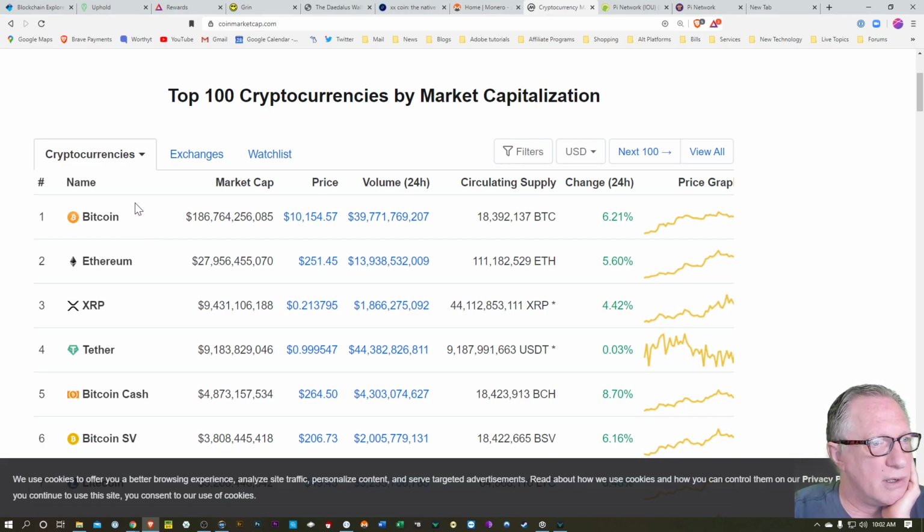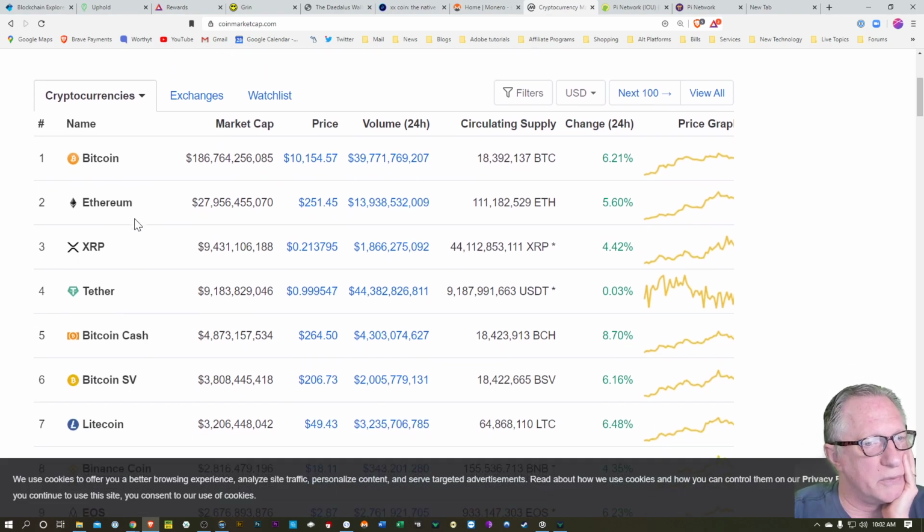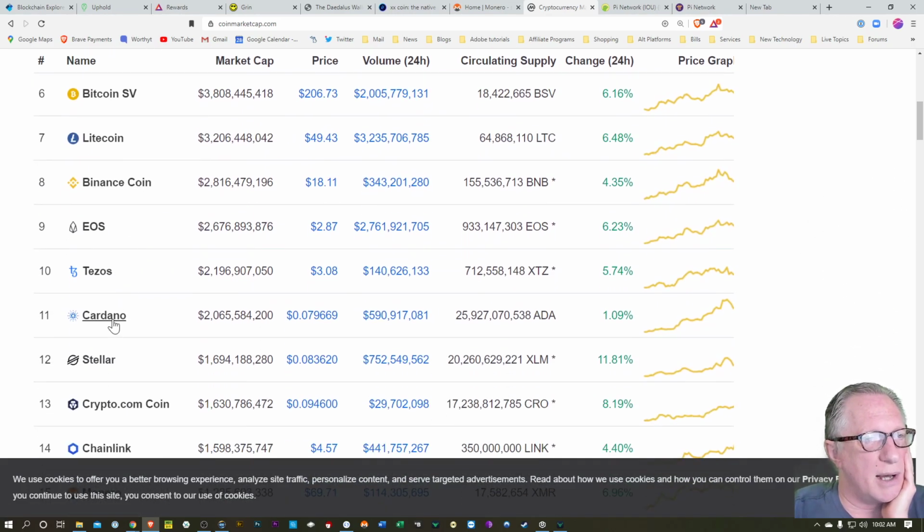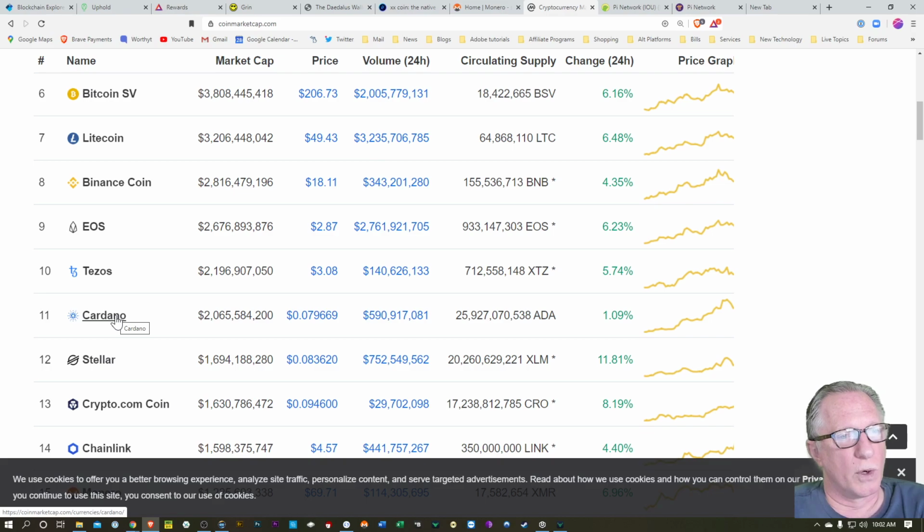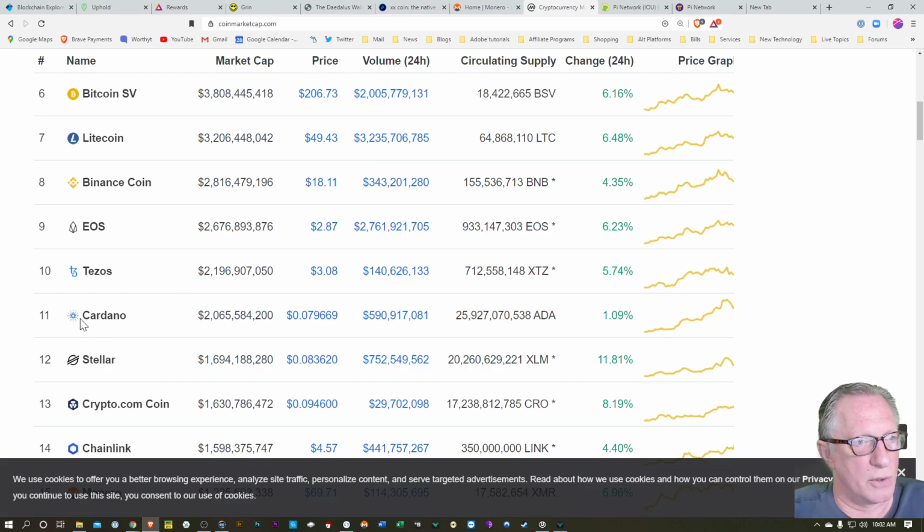You need more hashing power than that, right? You've got to buy specialized equipment. But you can mine Bitcoin if you want to. But Cardano is not mineable. It's a proof of stake, right? It has nodes. It has a network like EOS, right? So the power to process transactions and create new Cardano is based on the proof of stake system, right?